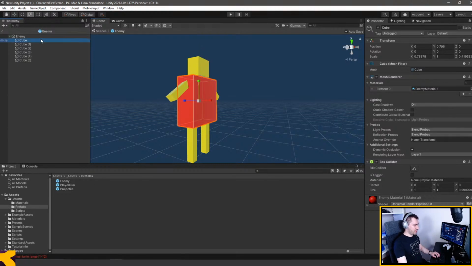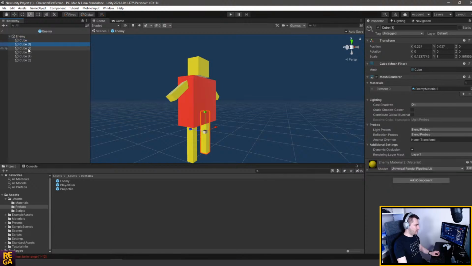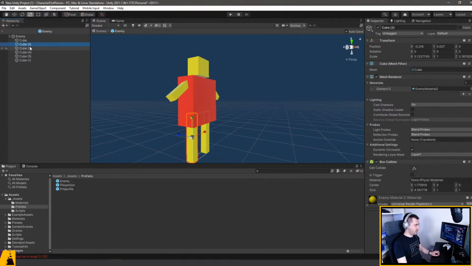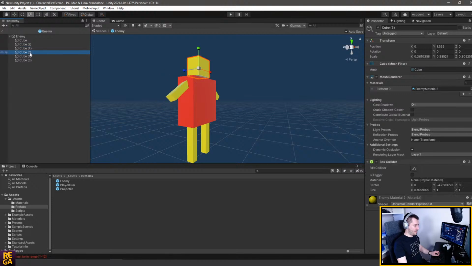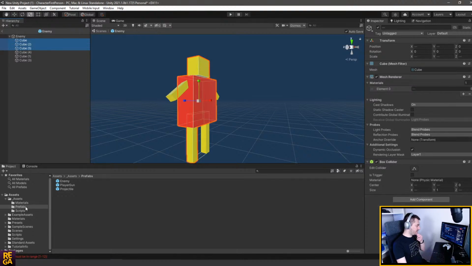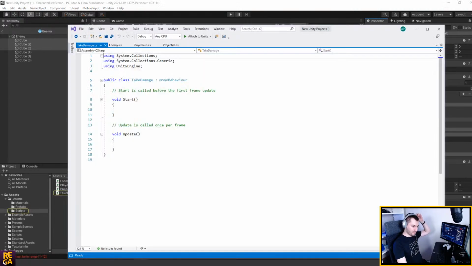So now we just need to make sure. I'm gonna move the colliding parts on top, so this one have colliders. So I'm gonna select all of them. I'm gonna attach the take damage script, and in here